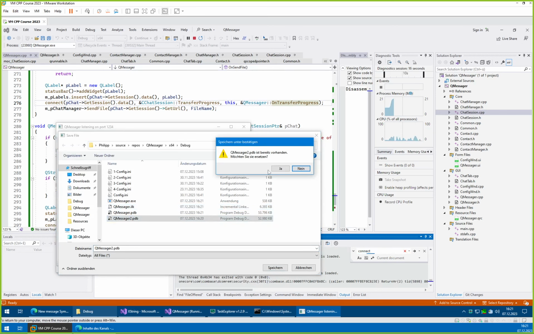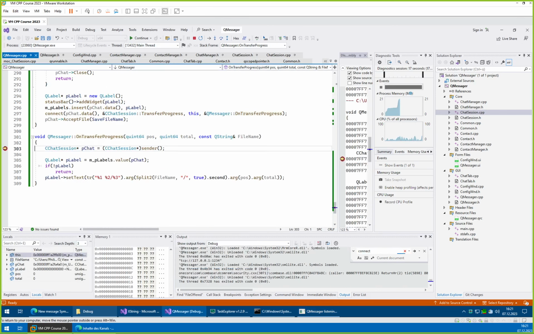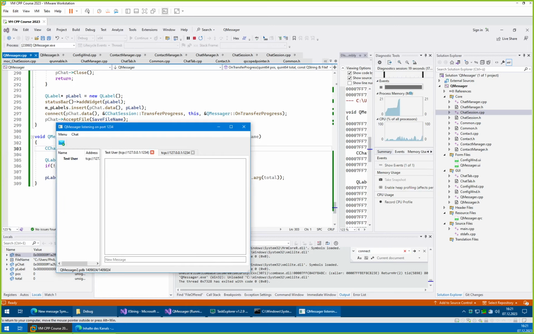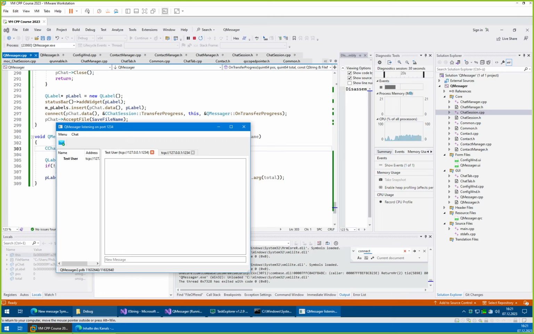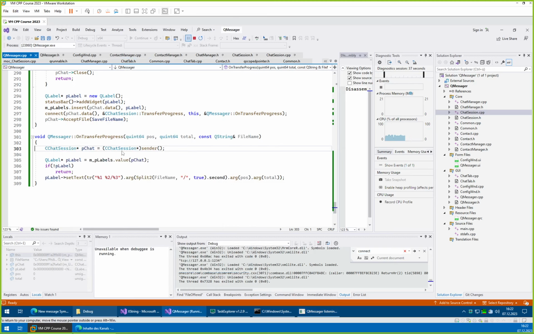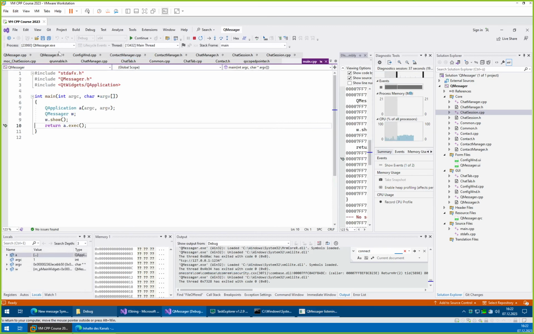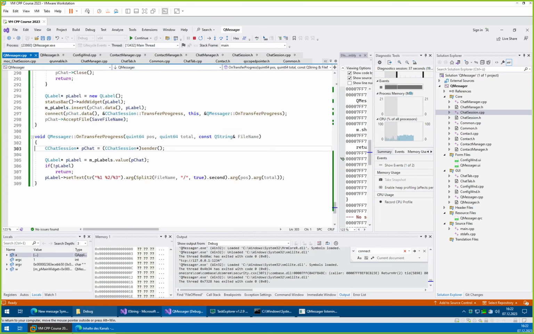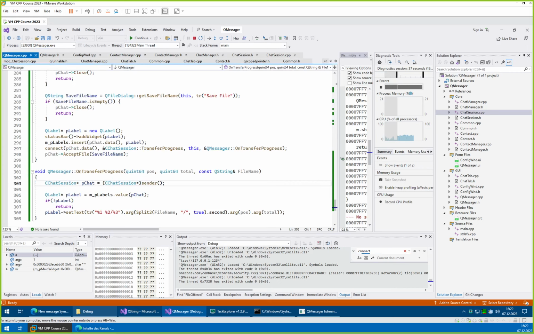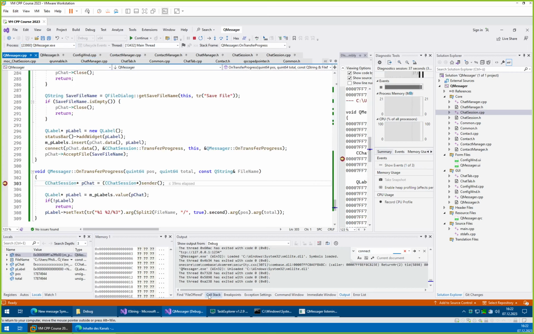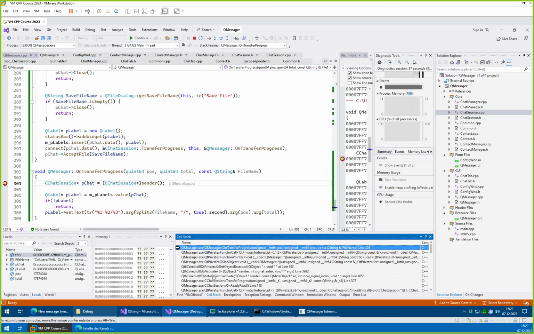Okay, just overwrite the existing file. Okay. So one is working, the other label is not. Then we need to check out why the other label is not working as we expected. So let's pause this quickly. We could put a breakpoint here. Call stack, and come at some point to our